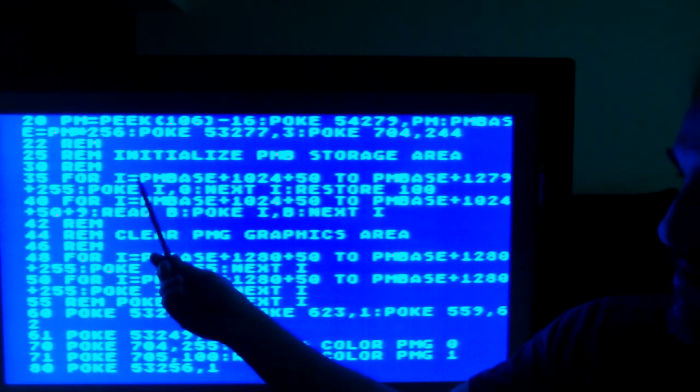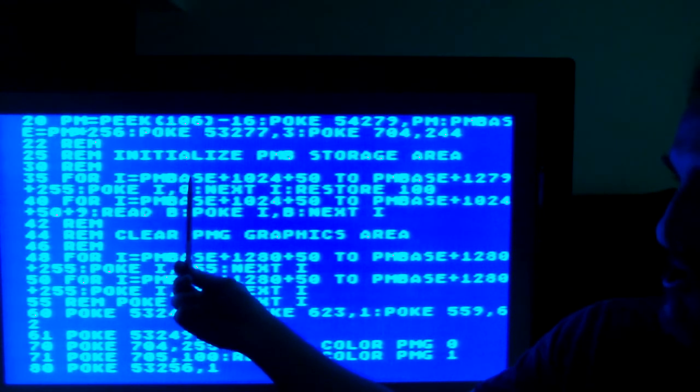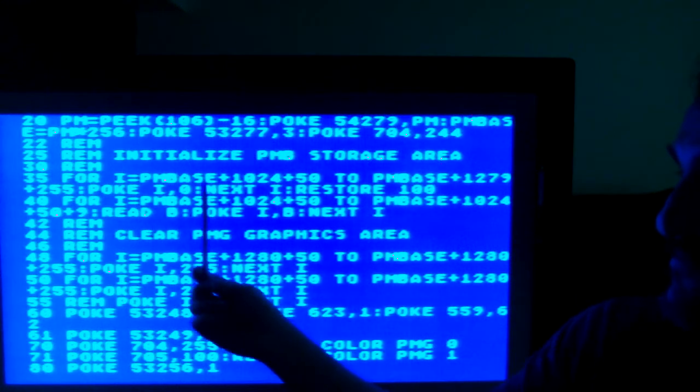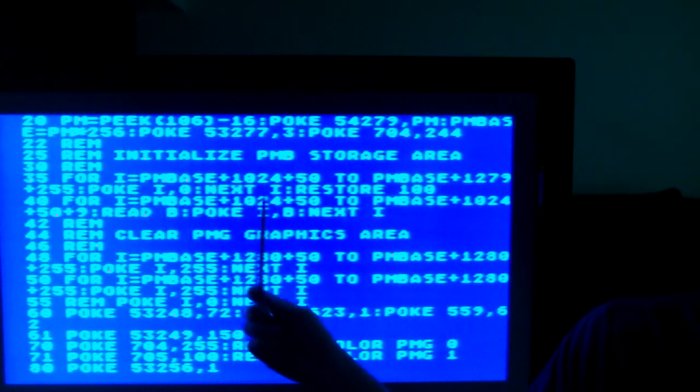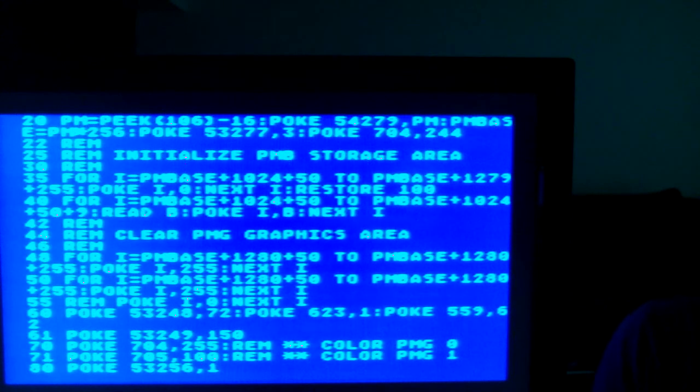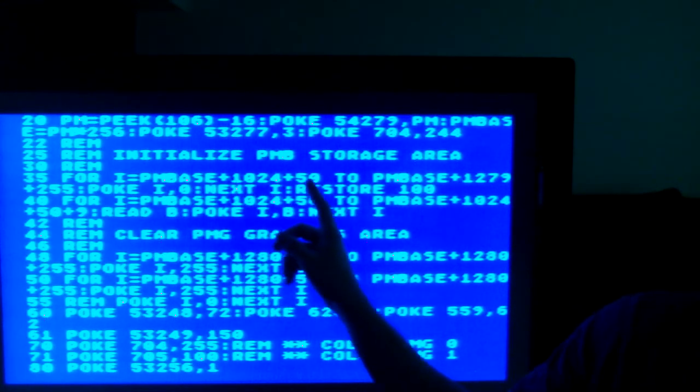Okay, so remember this is the player missile base, where you're going to initialize from the memory. And at this point, if you remember in the book here, I'll pull it back up just to make sure we stay consistent. It says PMBASE plus 1024 plus 50. And back in the book here,